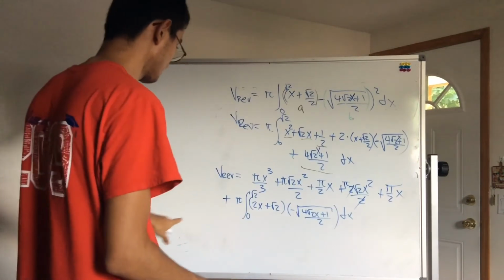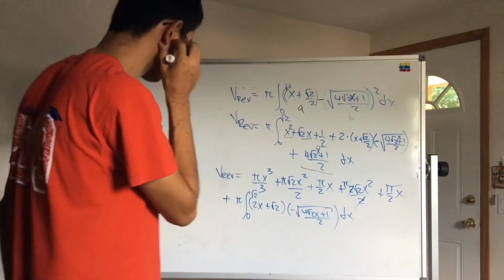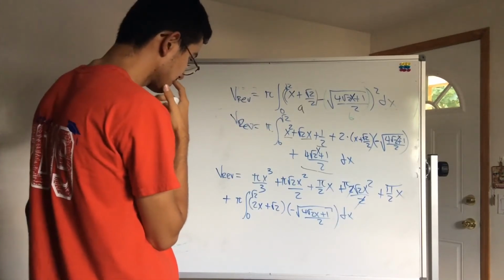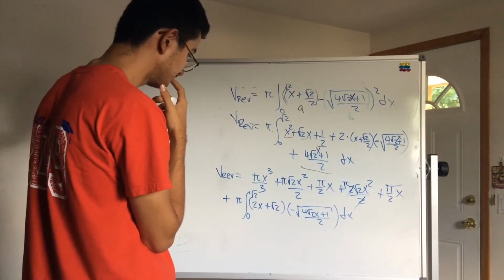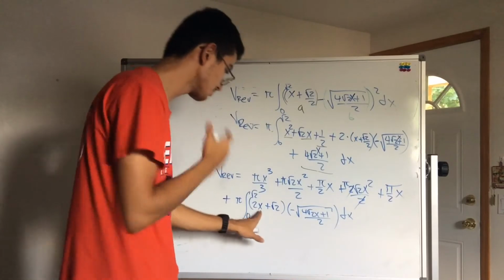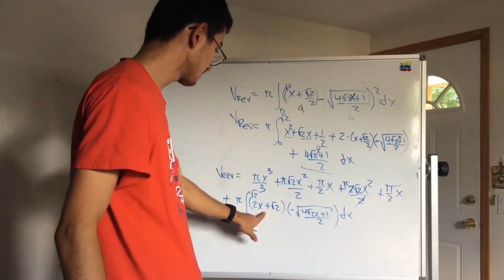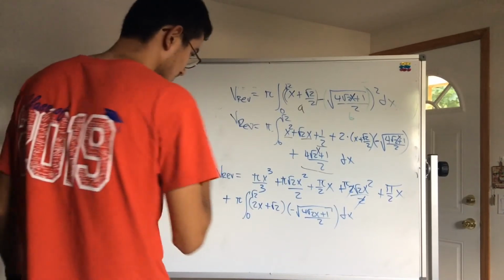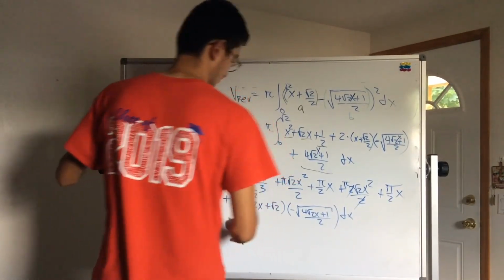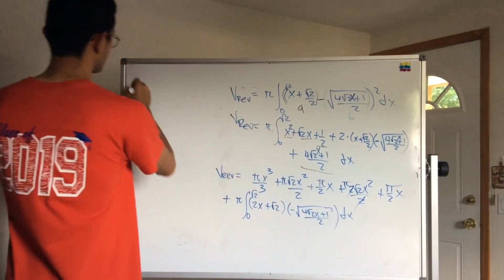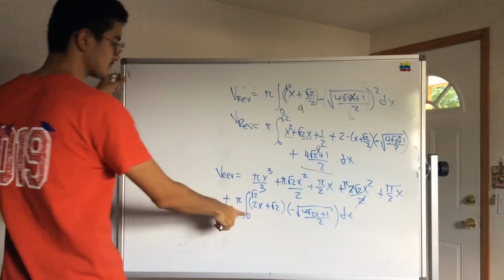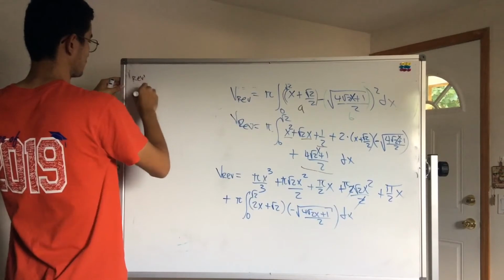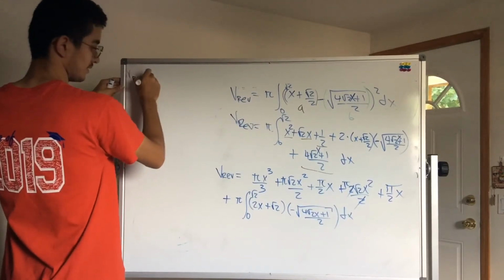So let's go ahead and try to integrate these over here. Something we could do, let's see, what could we do? We could distribute this. So how about we try to distribute that to make it easy? So we have the volume of revolution. We're going to do this part only for now, so the volume of revolution partially is equal to